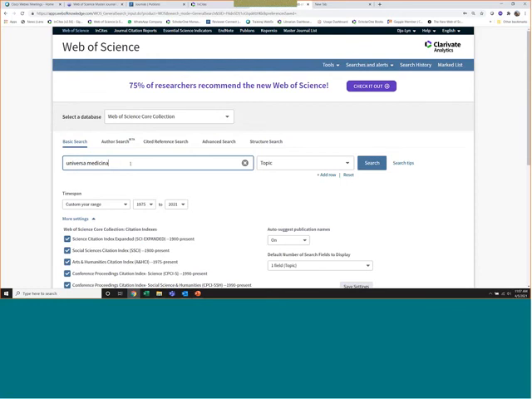So let's say, for example, I am doing IoT and smart farm. I want to look at recent publications in, say, 10 years or so, and then you do a search.